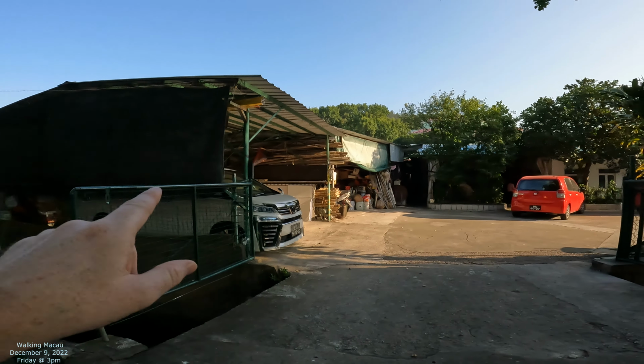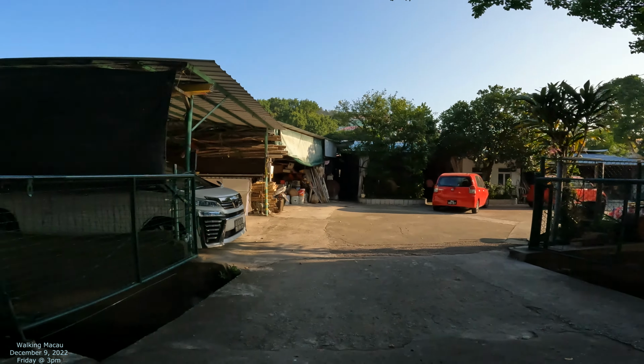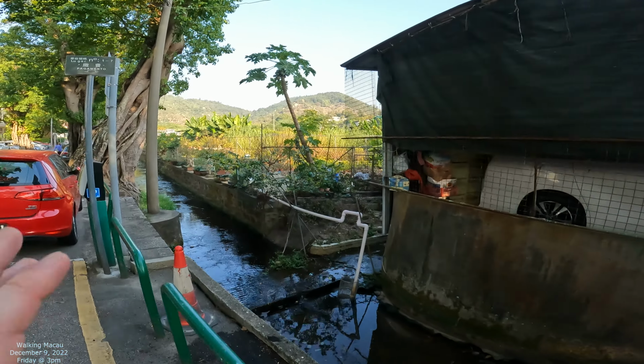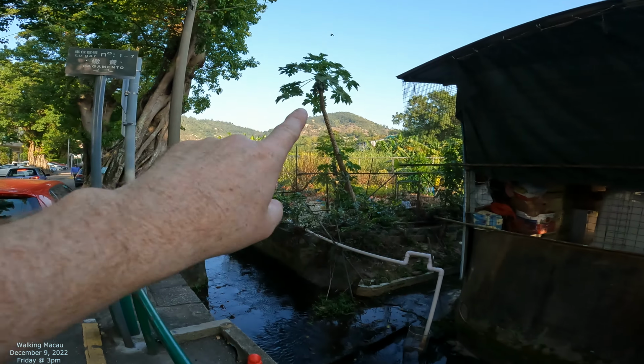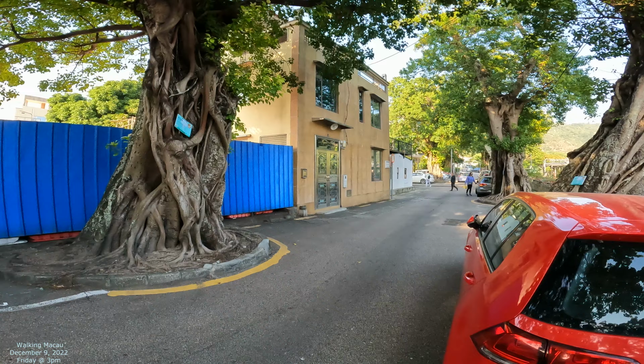This is kind of interesting. It's a little bit of a lumber yard, but I think it's also some homes in there too, right? There's a garden right there. There's that mountain. You can see some of the hiking trails up there. And then you can also see,